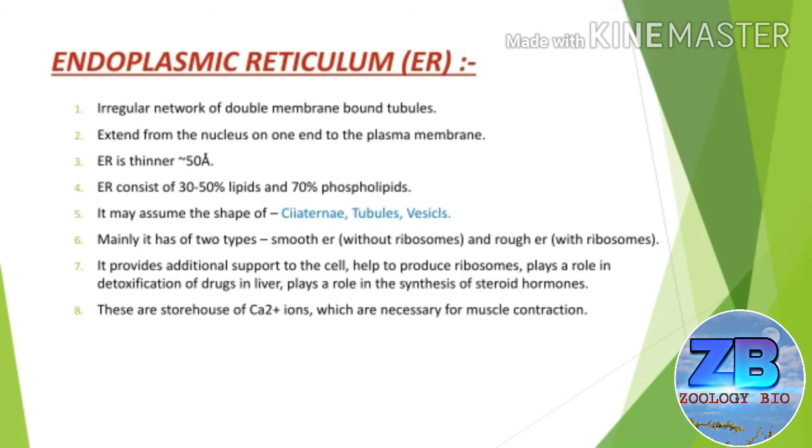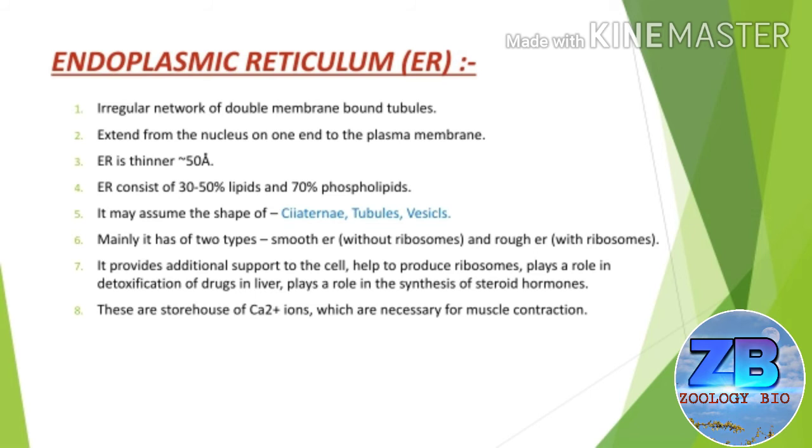Now the functions of endoplasmic reticulum. Endoplasmic reticulum of a cell is involved in many functions. Number one, it provides additional mechanical support to the cell by dividing the fluid content of the cell into compartments. That is why it is considered one of the elements of the cytoskeleton. Number two, proteins synthesized by ribosomes enter the RER cisternae through channel proteins present in the membrane. In RER, processing of these proteins takes place.